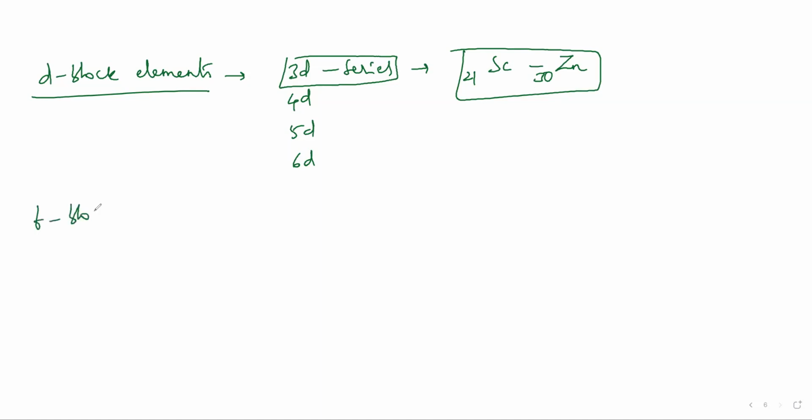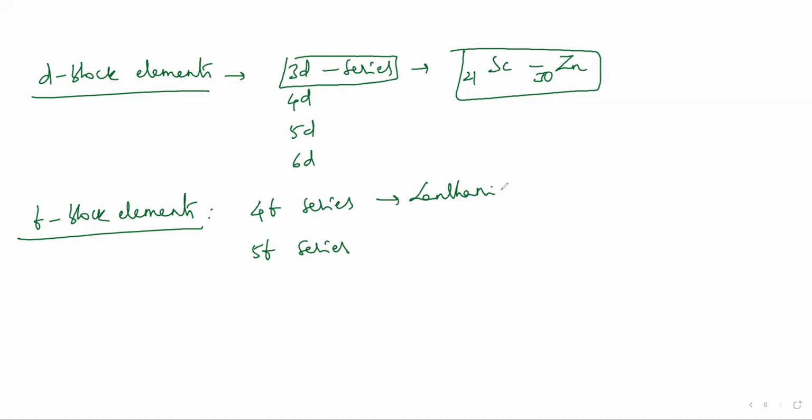Last one, F block elements. F block elements are divided into two series, 4F series and 5F series. 4F series are called lanthanides, elements present after lanthanum. 5F series are called actinides, elements present after actinium. What is the D block elements general electronic configuration? N-1 D 1 to 10, NS 2. Whereas here, lanthanides start from cerium to